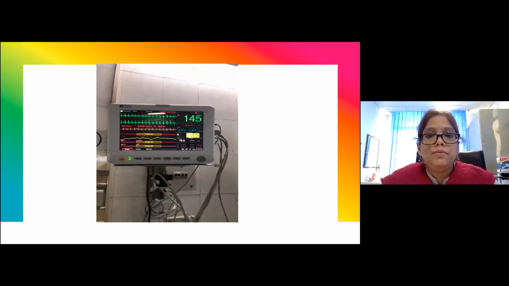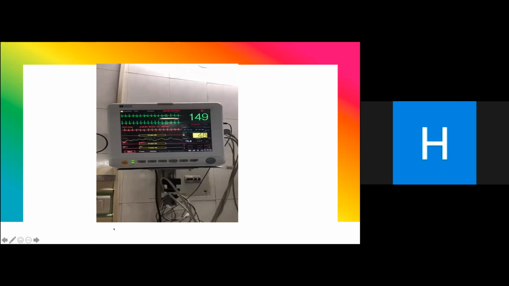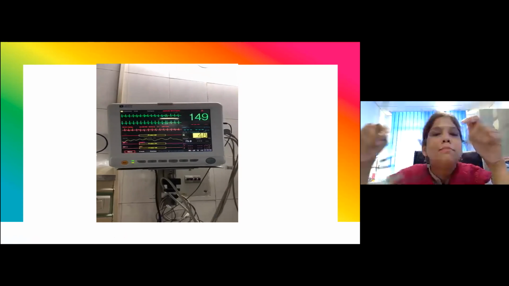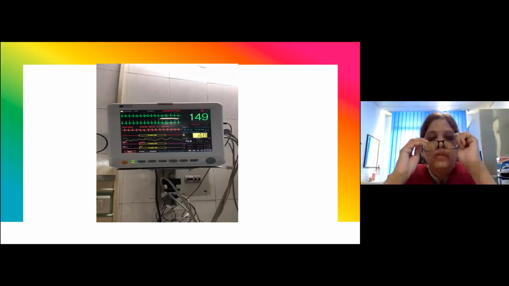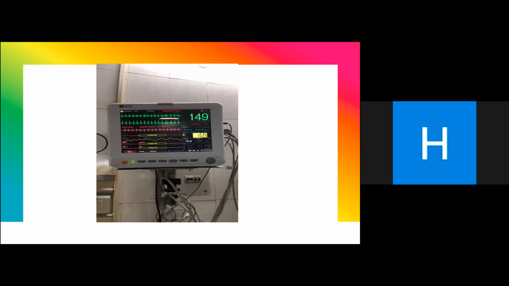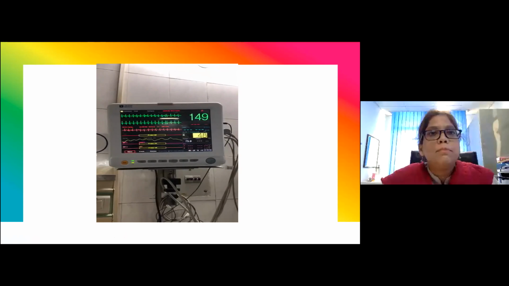The child is having altered sensorium with increased respiratory rate with subcostal and intercostal retractions. So what is your initial impression? Severe pneumonia. No, that is not your initial impression. We are not going into diagnosis. Initial impression is not for the diagnosis. It is just to identify the physiological status of the child, whether it is stable or unstable. Unstable. Unstable, life-threatening, not life-threatening.